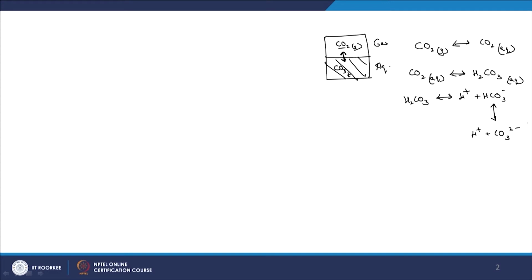So the relevant derivation might seem relatively complex, but it is relatively simple. We just defined everything in terms of the total component. Why is that? Because only the component is conservative. So in the closed system we only looked at H total for the liquid or CO3 total for the liquid, but for the open system we have another phase, which is the gaseous phase, right? So we defined H total as the sum of H total in the liquid phase and also the gaseous phase, and then we tried to correlate that with the change in CO2 or CO3 total between the gaseous and the aqueous phase, and it is as simple as that. And then we conducted the balance again on H total in the aqueous phase, and we analyzed the system and went through that, right?